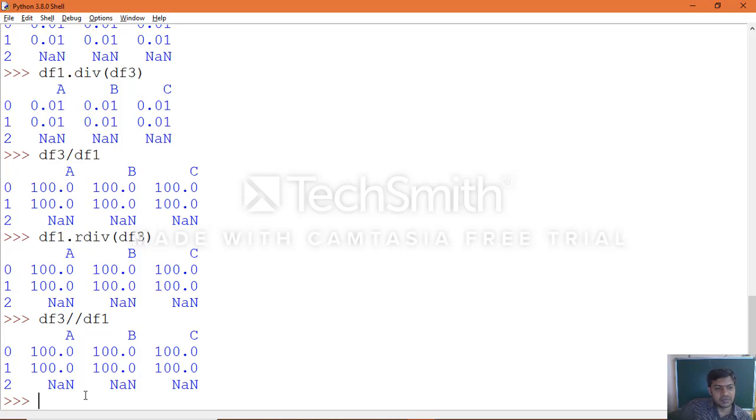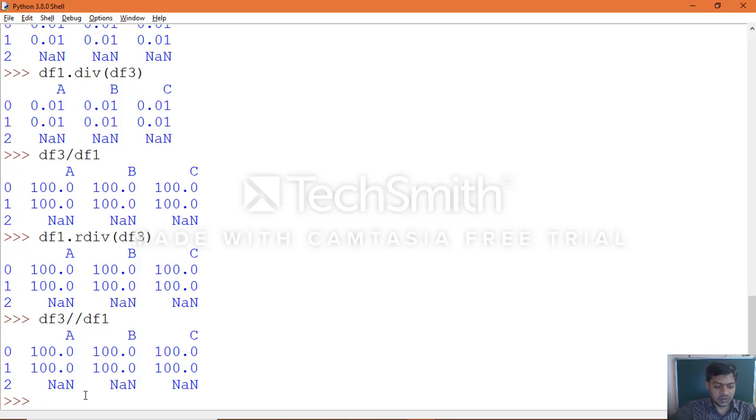Earlier, when we worked with objects one and two, all the indexes matched in those two data frame objects, so floor division as usual gives integer values. Here, NaN is being stored, so integer is upgraded to float. That is the reason the entire result is a float value. If all the indexes match here also, you will not see float results, only integers for floor division.